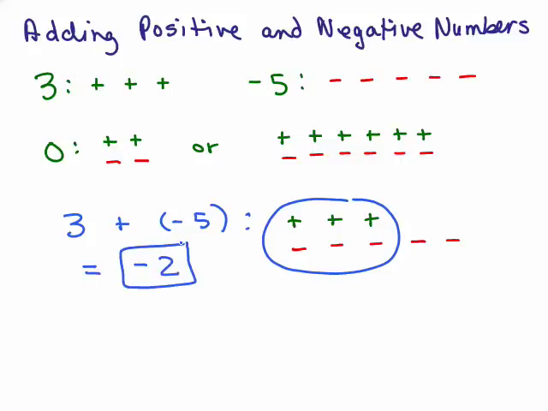With that in mind, try this next one. What if you wanted to do -3 plus -4? By the way, you do not have to put parentheses around negative numbers, but I'm doing it because some people get confused if they have a plus sign right next to a negative sign. Well, let's see. What would this mean? I've got 3 negatives, and then I have, oh, more negatives. I got 4 more. Does anything cancel out? Nope. I just have a whole bunch of negatives. So my answer is going to be -7